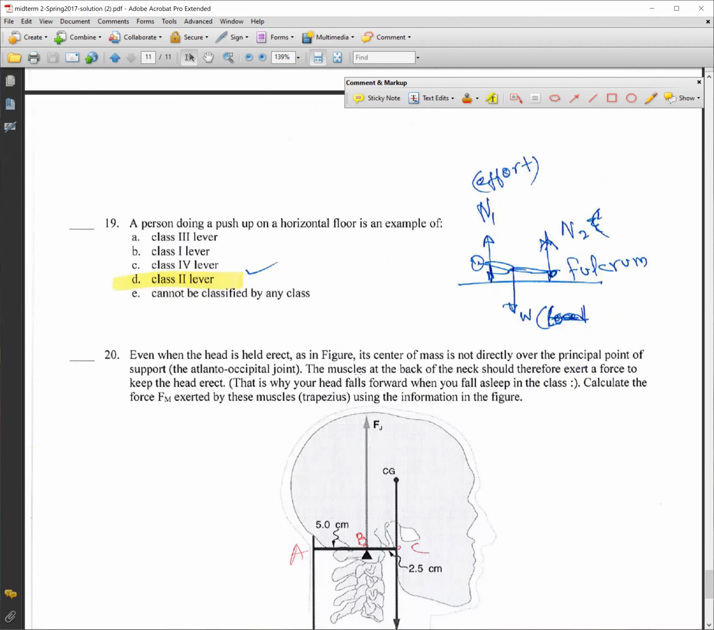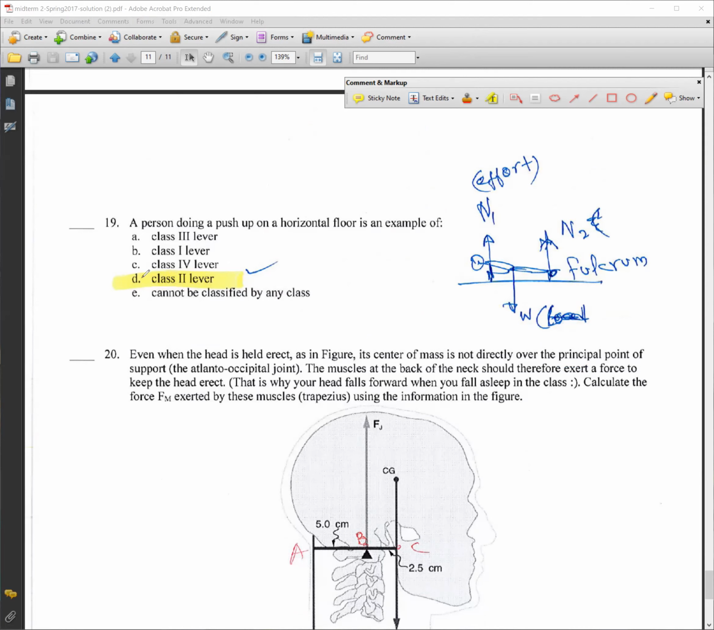Question 19. A person doing a push-up on a horizontal floor is an example of a class 2 lever system, something we have seen in midterm 2019. Remember the picture of the person doing push-up